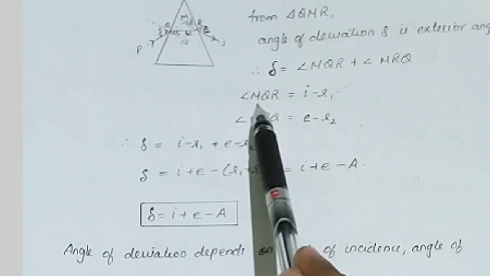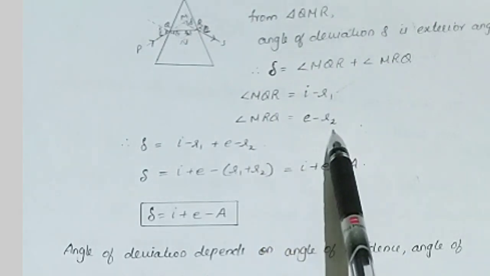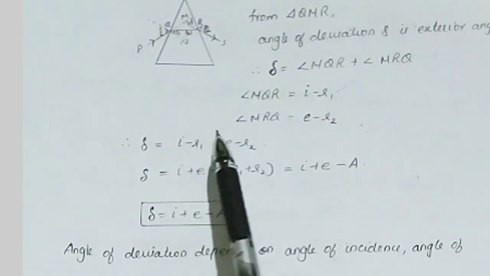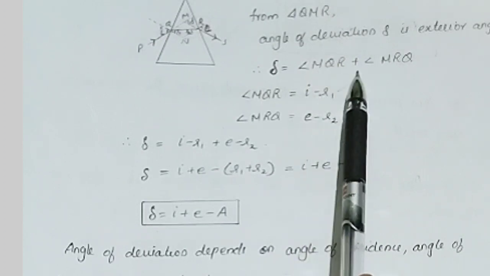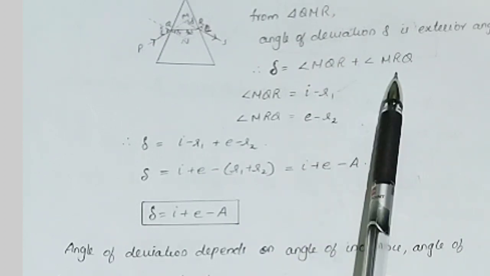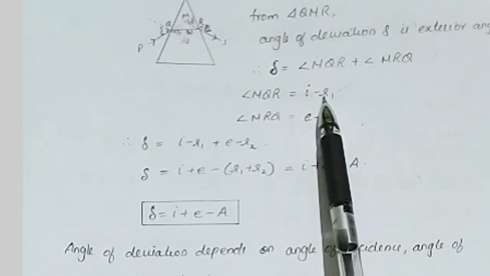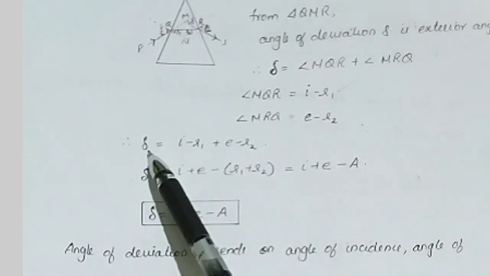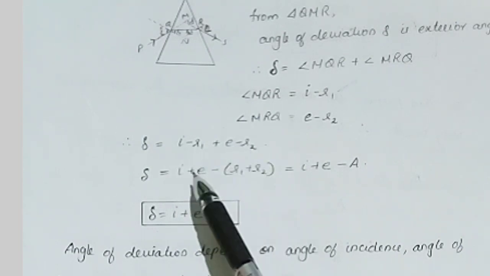Thus we can write angle MQR is equal to i minus r1 and angle MRQ is equal to e minus r2. Thus we obtain the angle of deviation as the sum of angle MQR plus angle MRQ, and in the place of angle MQR and angle MRQ we write i minus r1 and e minus r2 respectively. Thus we obtain the angle of deviation delta is equal to i minus r1 plus e minus r2,